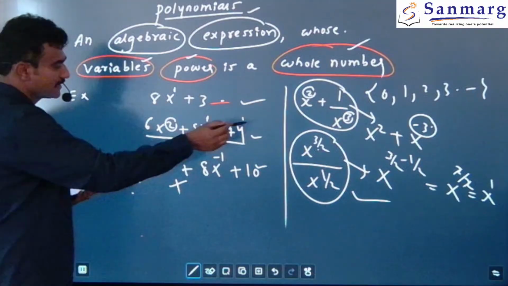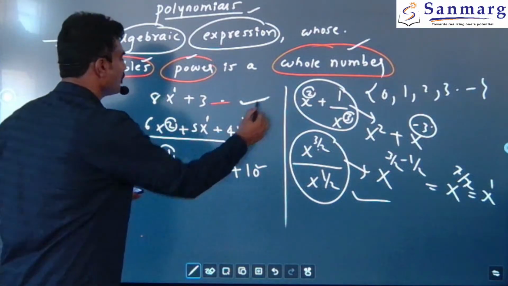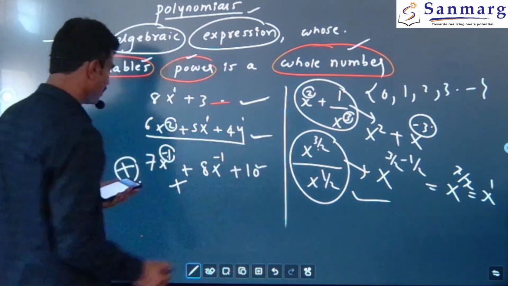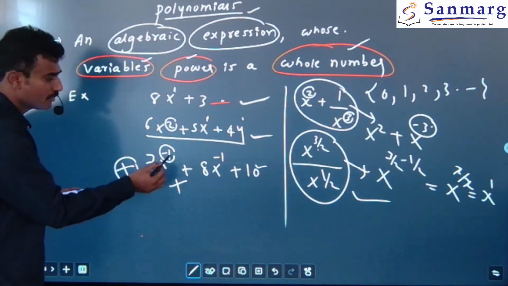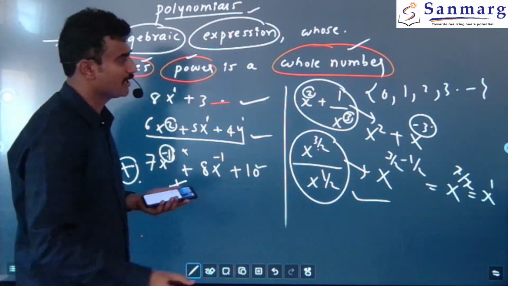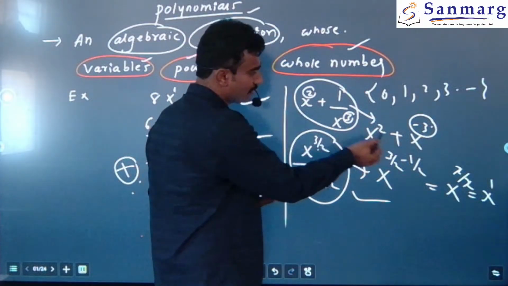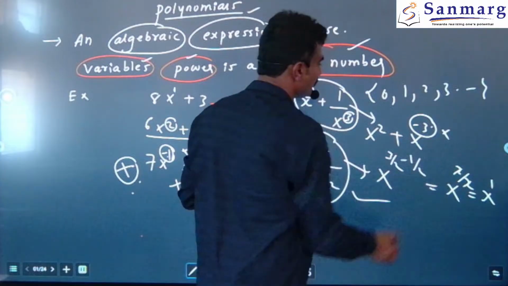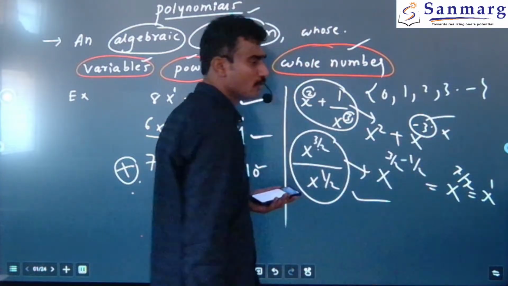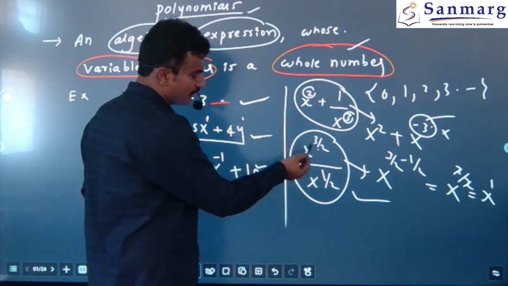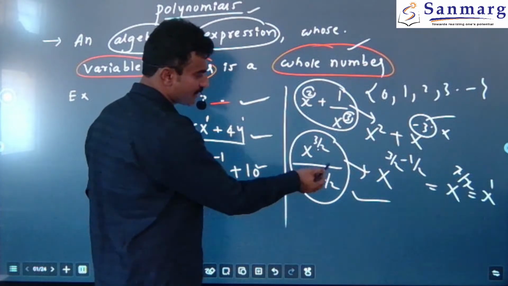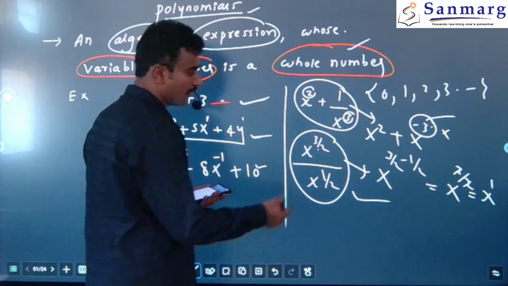Out of these 5 examples, the first one is a polynomial, the second one is a polynomial, the third one is not a polynomial because the power is not a whole number. Similarly, in the fourth example, 1 upon x raised to 3 can be written as x raised to minus 3, which is again not a polynomial because minus 3 is not a whole number. Similarly, in the fifth case, x raised to 3 by 2 divided by x raised to 1 by 2, after simplification,